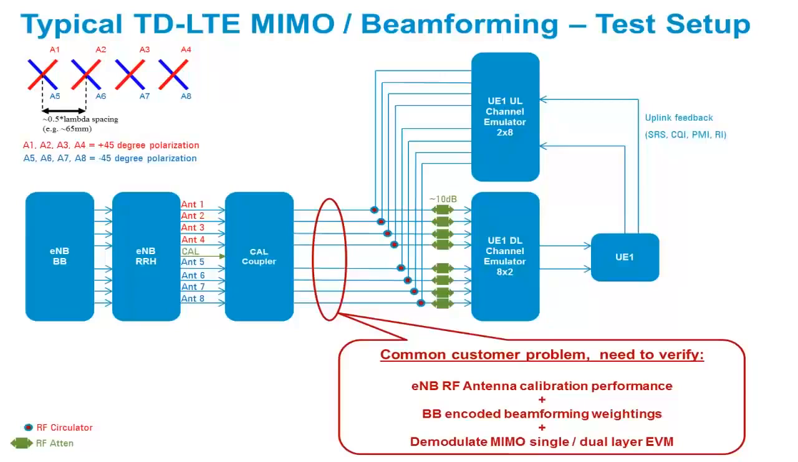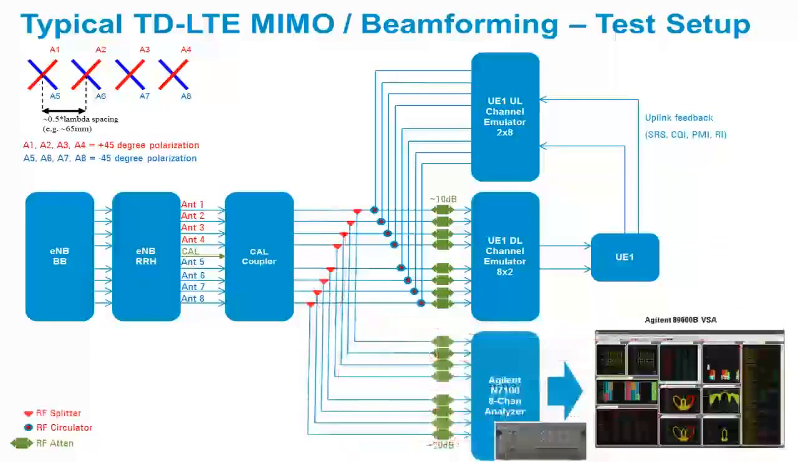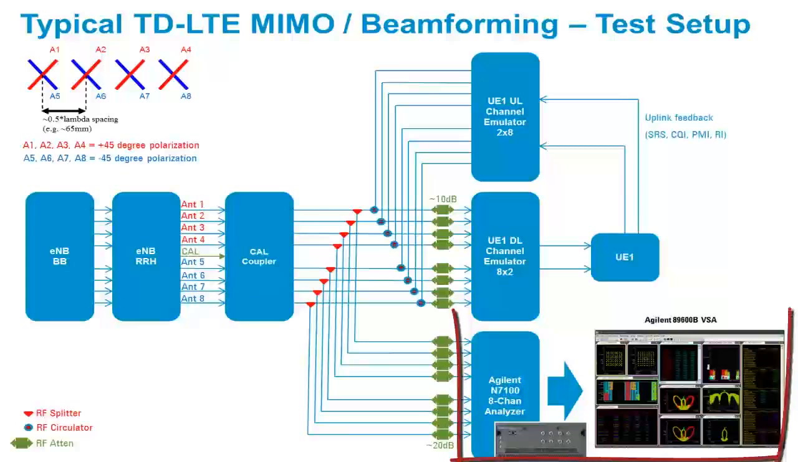This is important in order to validate base station RF antenna calibration performance, baseband encoded beamforming weighting algorithm correctness, and demodulation of MIMO single and dual layer EVM at the RF antenna. The solution to this problem is the Agilent N7109A multi-channel signal analyzer, along with the 89600 VSA software installed with